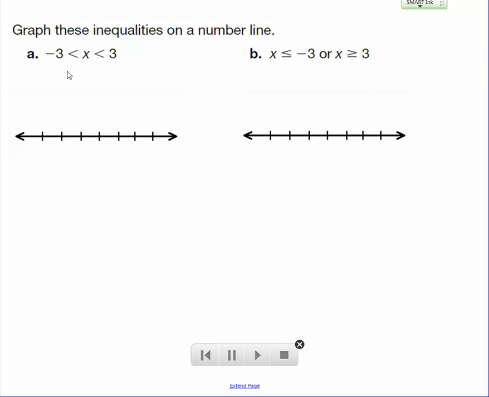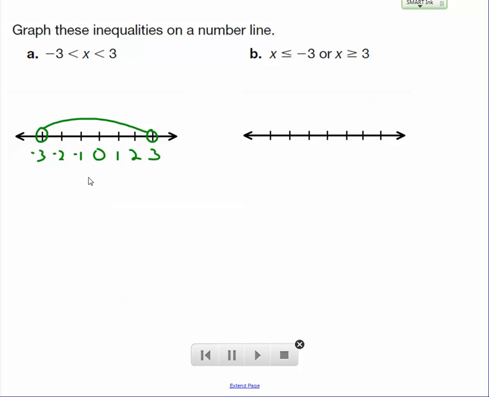When we've got something like this, where -3 is less than x and x is also less than 3, some people might just say that x is between -3 and 3 when they look at something like this. Okay, so let's graph this. First of all, let's scale our number line. And since x is between -3 and 3,